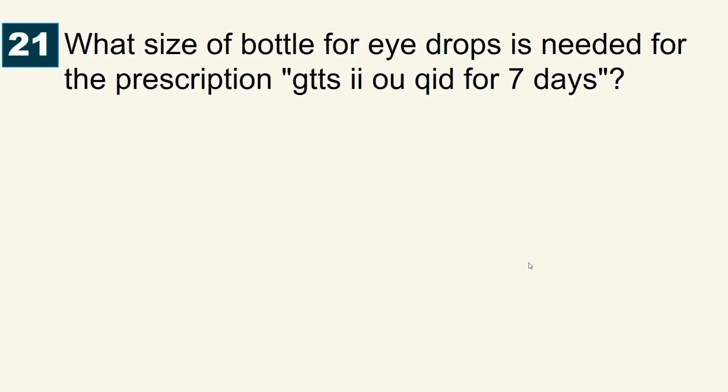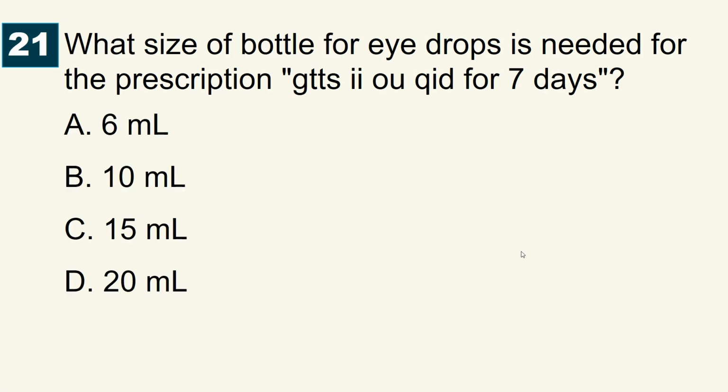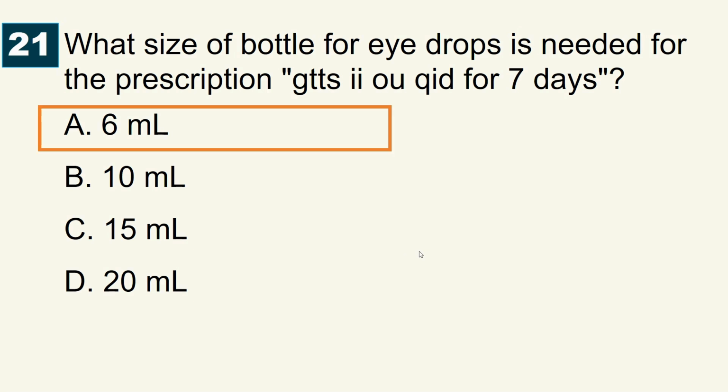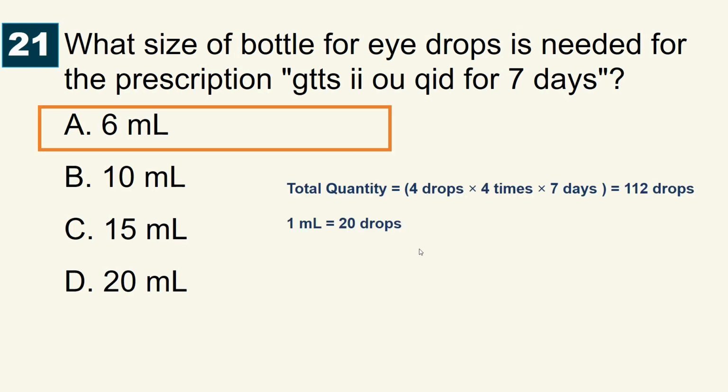What size of bottle for eye drops is needed for prescription GTTS 2 OU QID for 7 days? A. 6 mL, B. 10 mL, C. 15 mL, D. 20 mL. Correct answer is 6 mL. Let's see how we got that one. Total quantity is